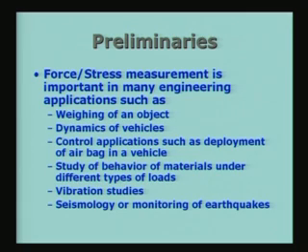The measurement of force and stress are involved also in dynamics of vehicles like 4-wheelers, 2-wheelers and so on, and they are subject to a lot of forces because of the road surface, the way the road surface varies in the shape and waviness and things like that. Therefore, dynamics of vehicles means the study of forces which the vehicle is subjected to because of various conditions prevailing on the road when the vehicle is moving.